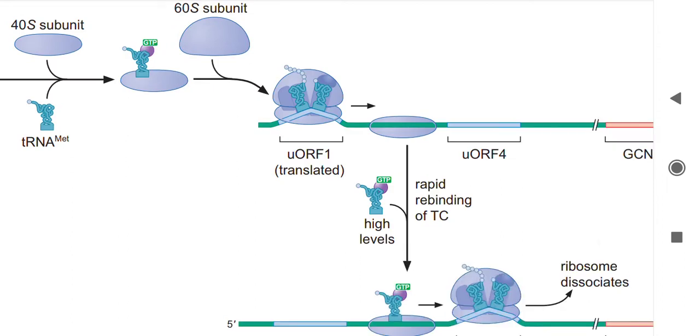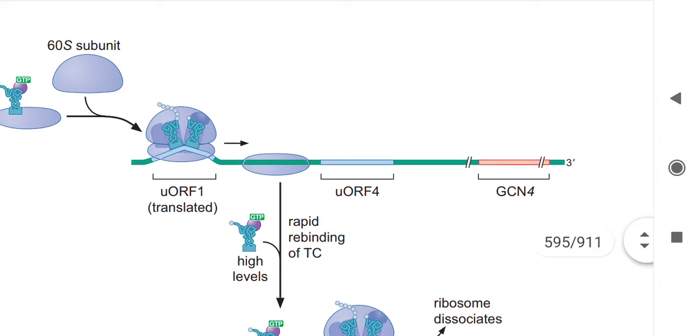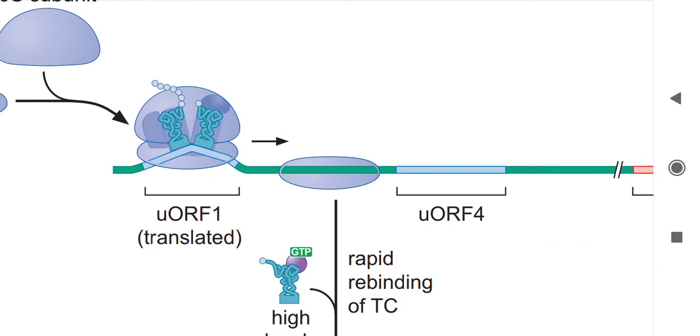Now you can see here the mRNA of the GCN4. Total mRNA has not been shown. It has not shown the cap, it has not shown the tail, right? It has only shown the UORF region, which is a part of the 5' UTR, and the main open reading frame that codes GCN4. So the mRNA that encodes GCN4 protein has 4 small open reading frames. Here the 4 small open reading frames have not all been shown. Only UORF1 and UORF4 have been shown. The rest of the 2 open reading frames are the same,